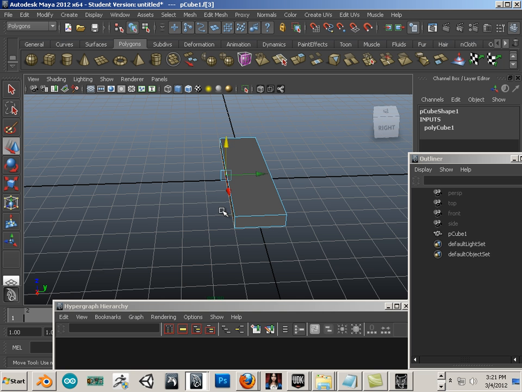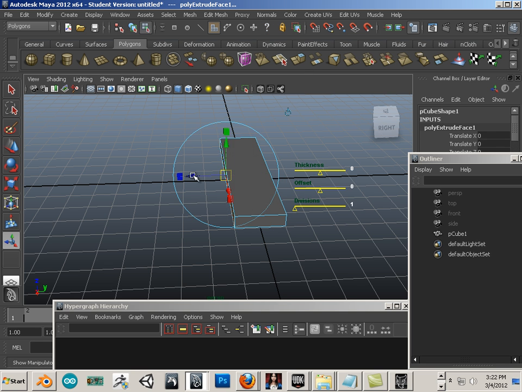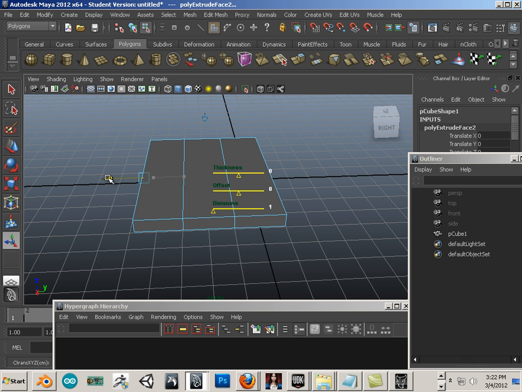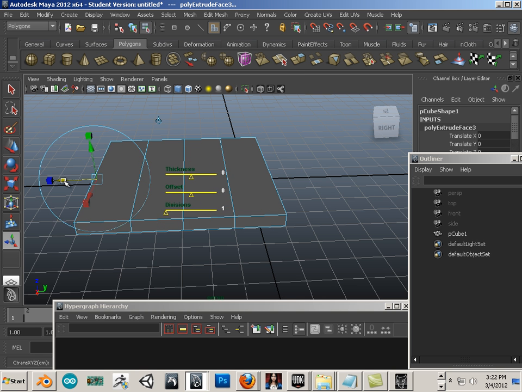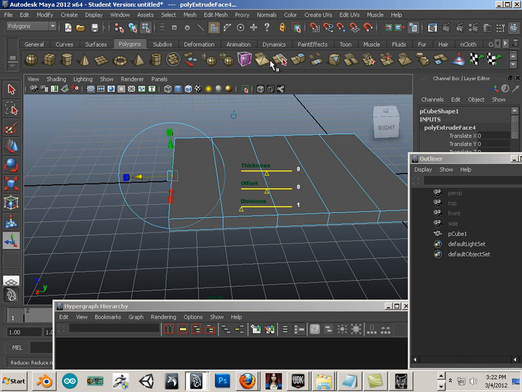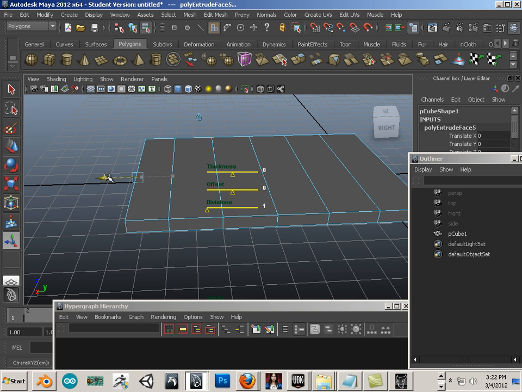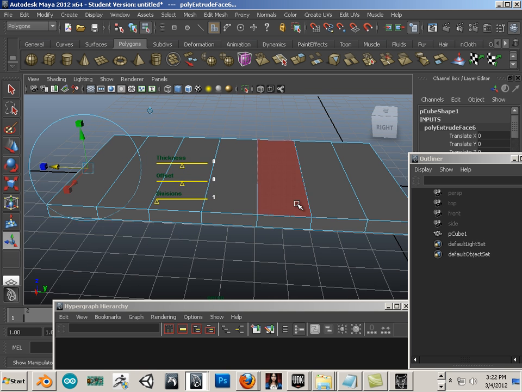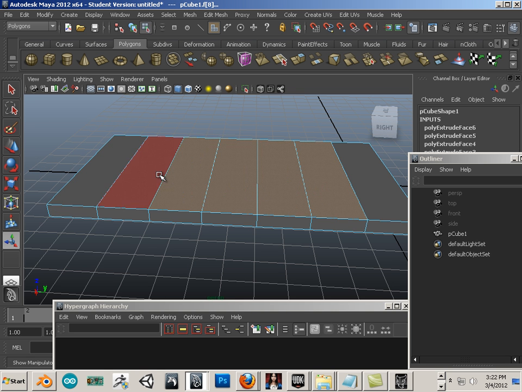So, extrude. Extrude. And 1 more maybe. There we go. Then I'm just going to take these faces,